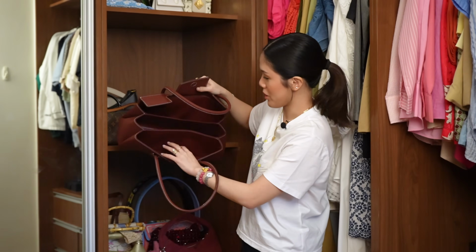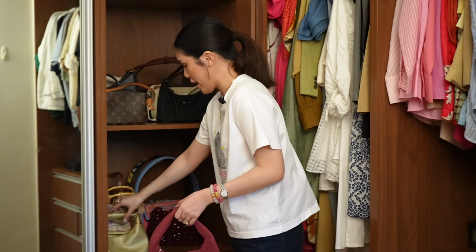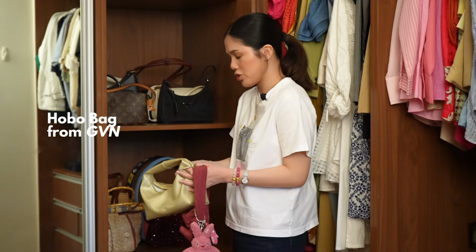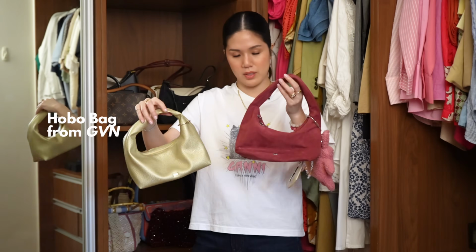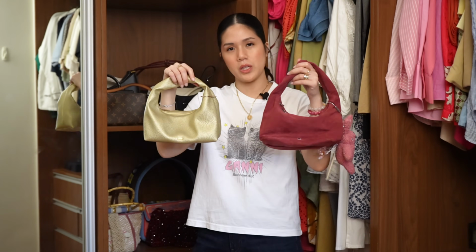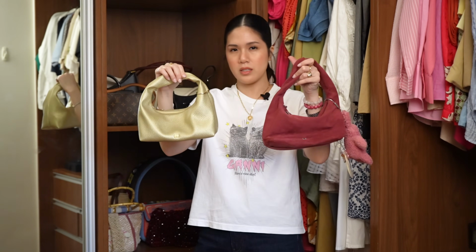Literally so much. I put my Osmo Pocket, my mic, my everything here. Really nice. I also have really been loving the GVN hobo bag style. I have two. This one is a bit smaller than this one. I just find it so cute. I normally don't like slouchy bags, but I feel like if you have a lot of metal details, it's more